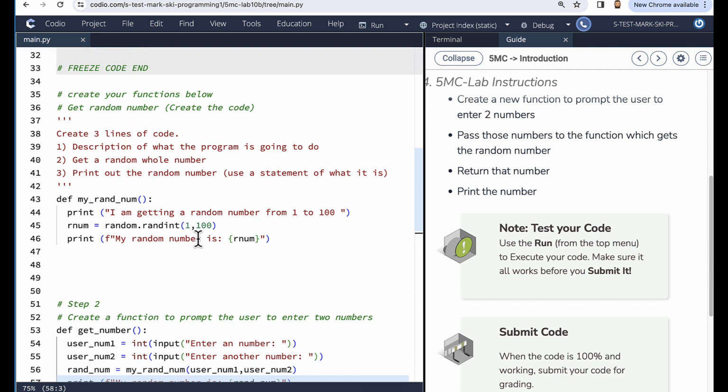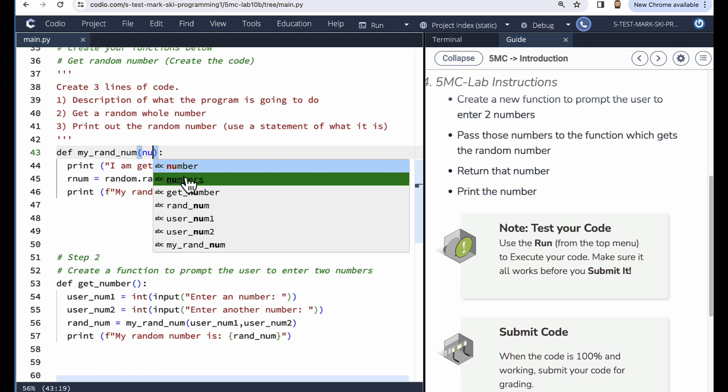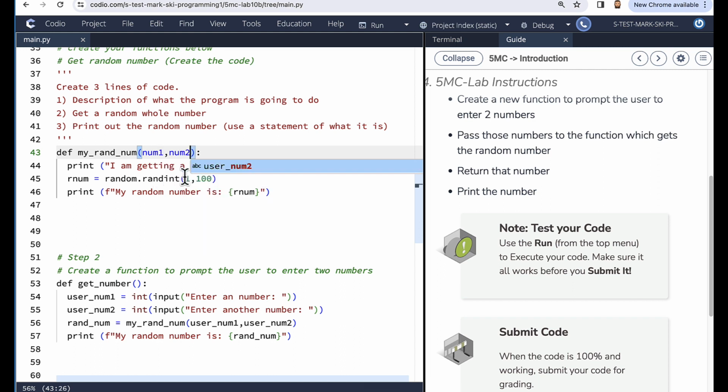Now coming back over here, what we need to do then is pass the variables, passing user num1 and user num2, and we need to make a modification to that. So here we're going to say num1 and 2, and we'll take this and we'll specify here, we'll create an updated print statement where this is going to be num1